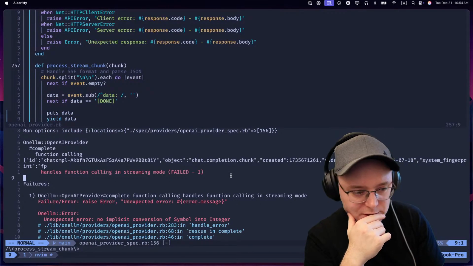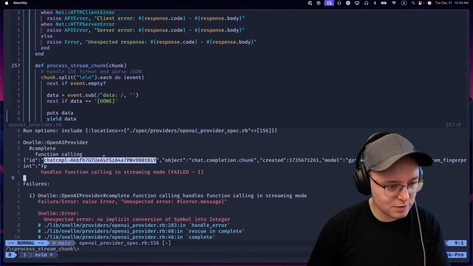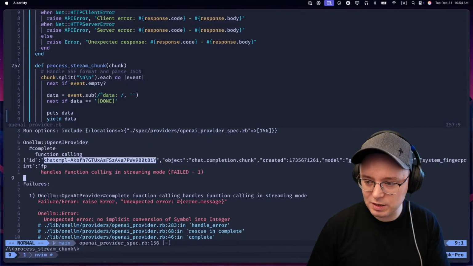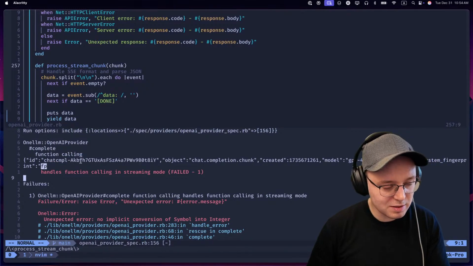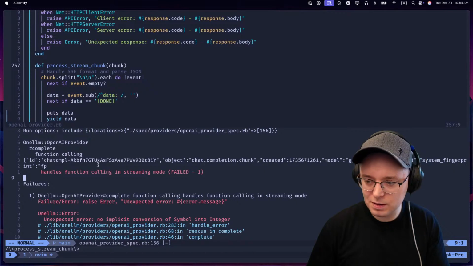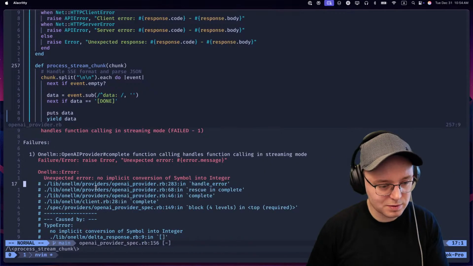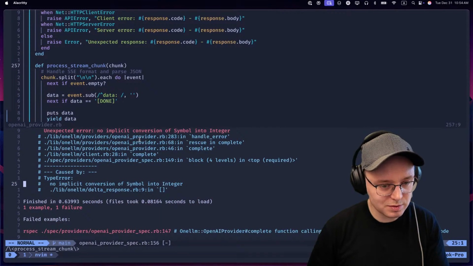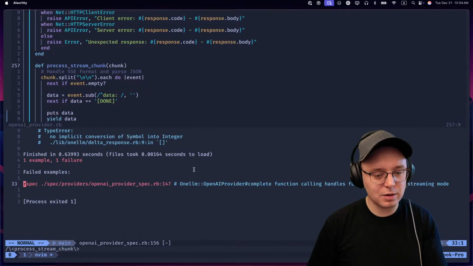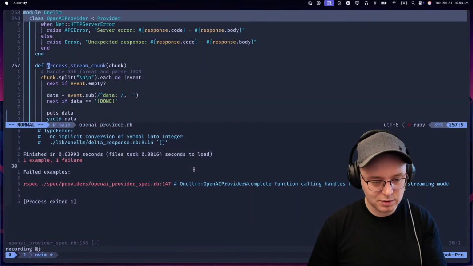Help function call object. Okay, function. So I think this is what it outputted, right? Created, system fails when function. What the hell is function symbol into integer handle error? Why is it the error though? 147. Okay, so let me first